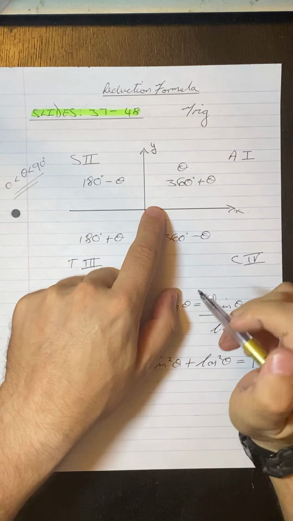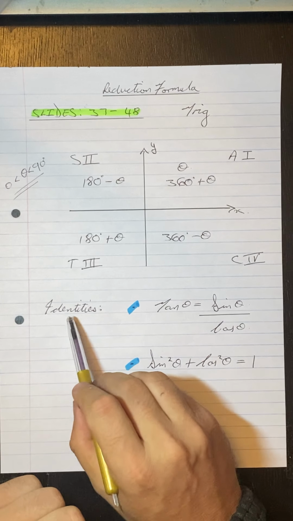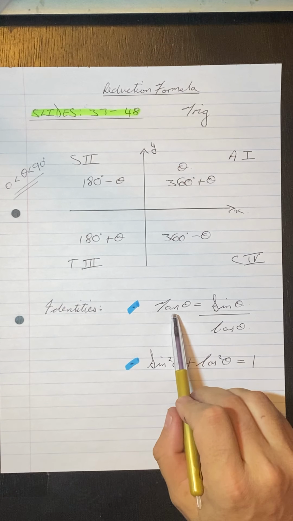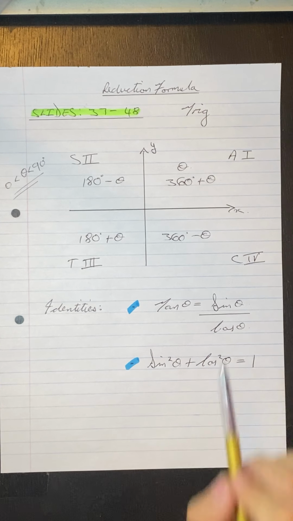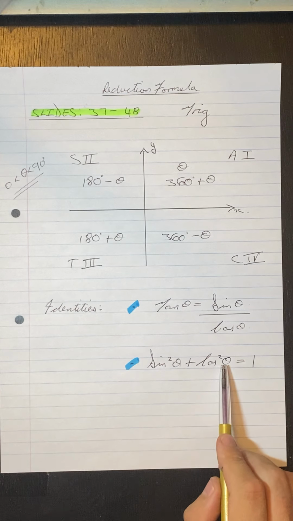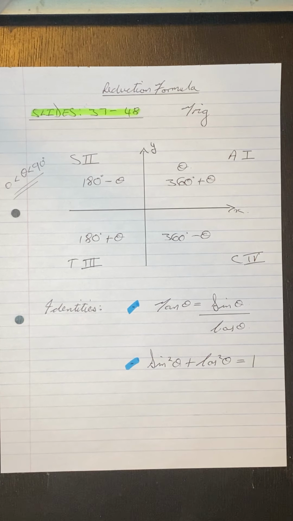Okay. What I want you guys to know also before we go on is some identities. The first identity I want you to know is that tan of an angle theta is equal to sine over cos. Then sine squared theta plus cos squared theta is equal to 1. Those identities you need to know off by heart. Okay, so if we go through the first example,